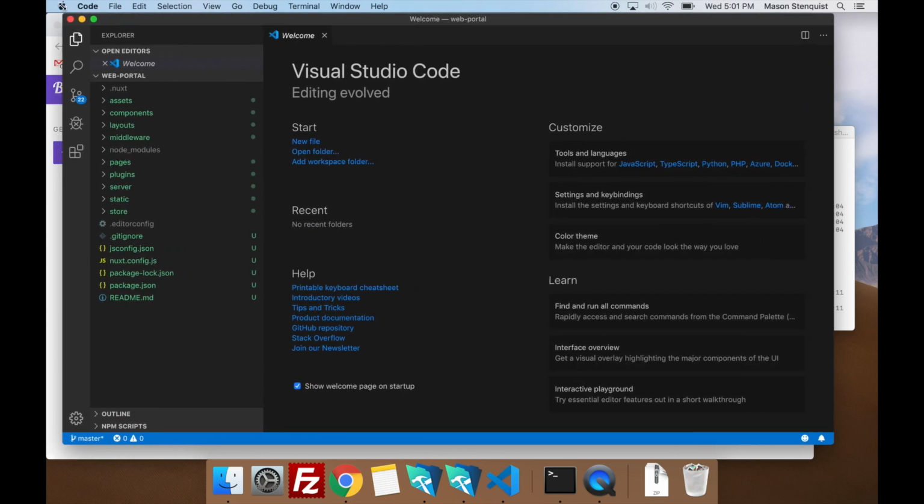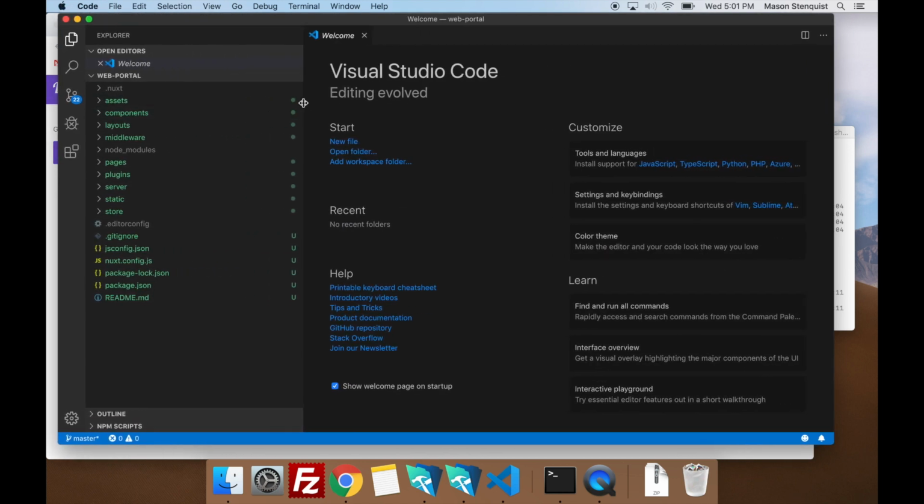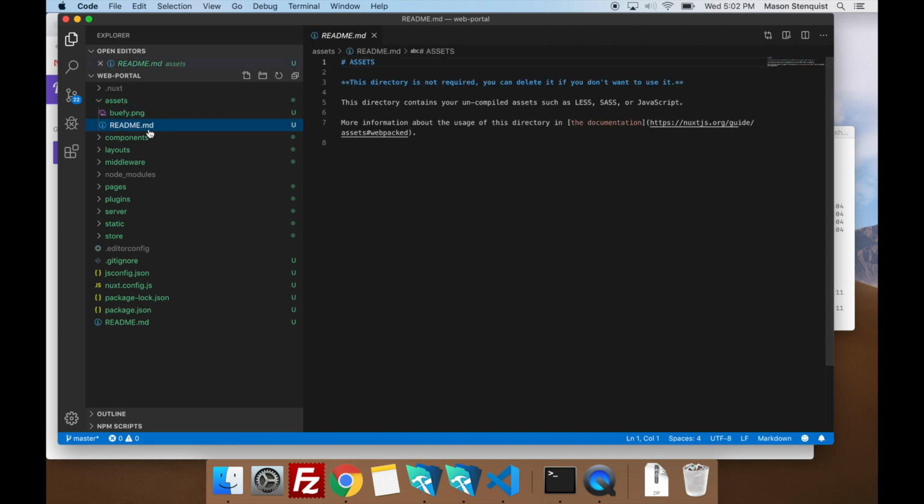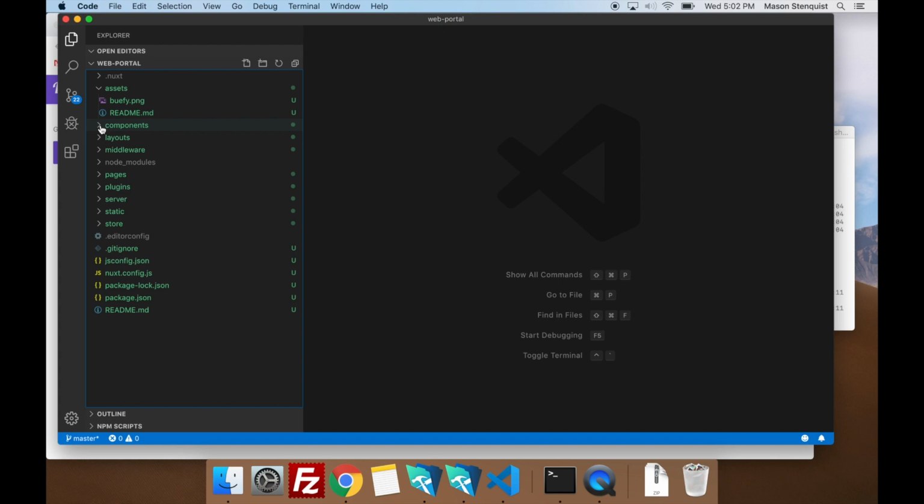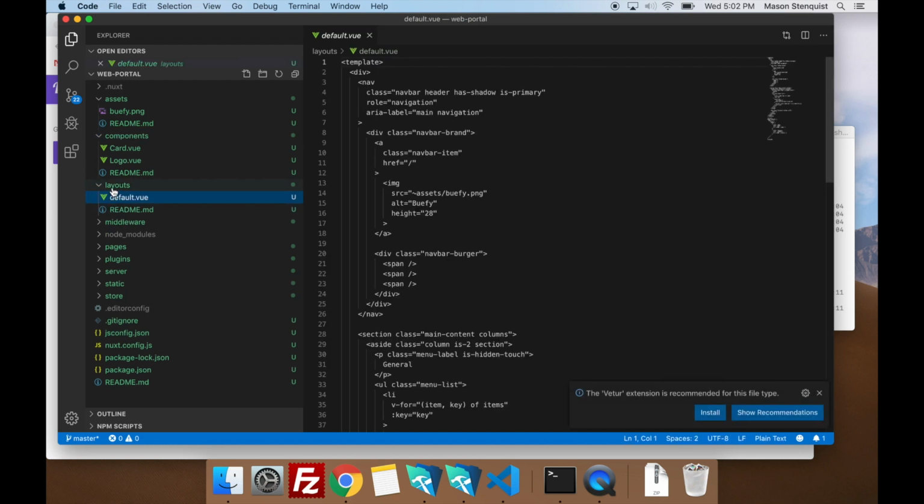And we'll just go over the directory real quick. Assets are where you're going to put anything like CSS, JavaScript, images, anything like that. And the nice thing about Nuxt is it has these readmes in each directory. And it kind of tells you what you should be putting in there. So it's kind of nice. Components, these are things that you'll be reusing throughout your different layouts. The layout is basically the overall theme of your site. So you could put navigation here if you wanted, the footer, the header, that sort of thing.